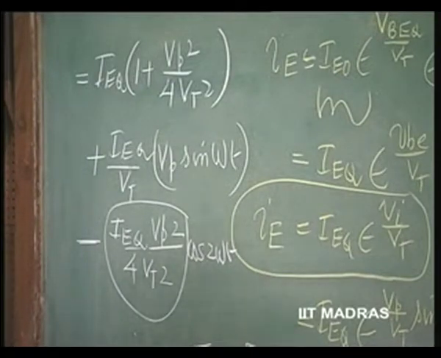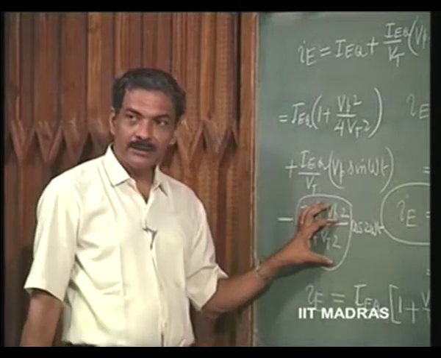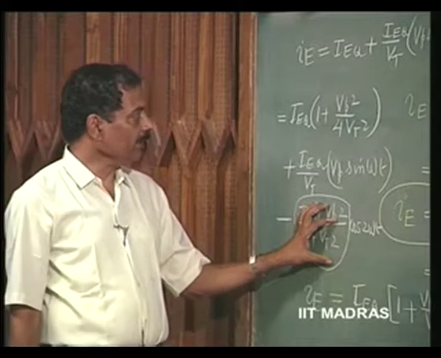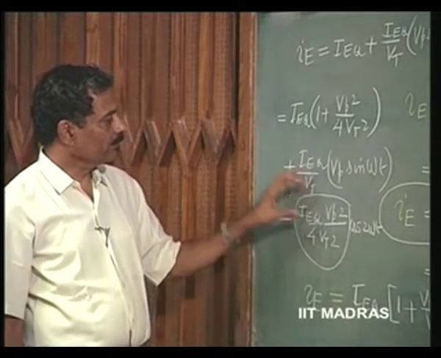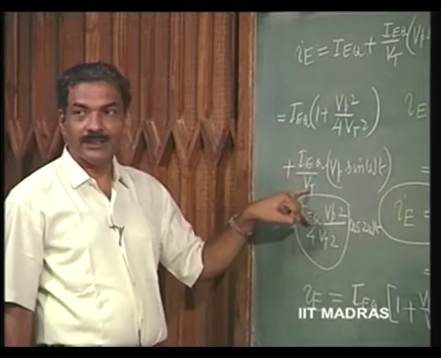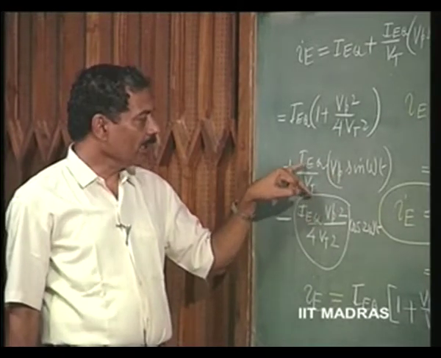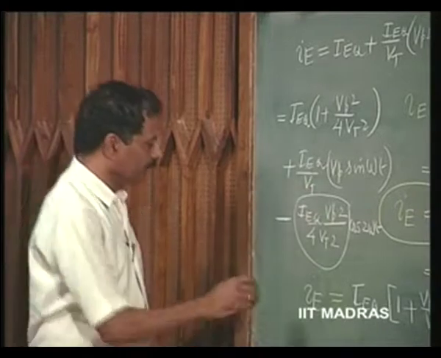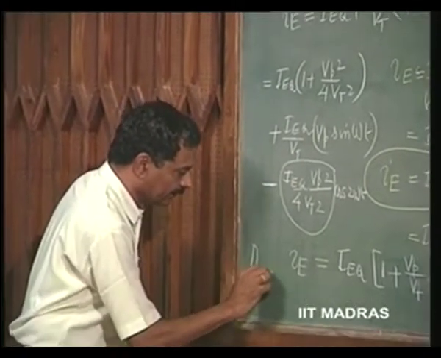A quick way of distortion factor assessment is this divided by what? This is the peak factor Vp IEQ into Vt of the fundamental. So, IEQ Vp by Vt, so percentage distortion or distortion factor is